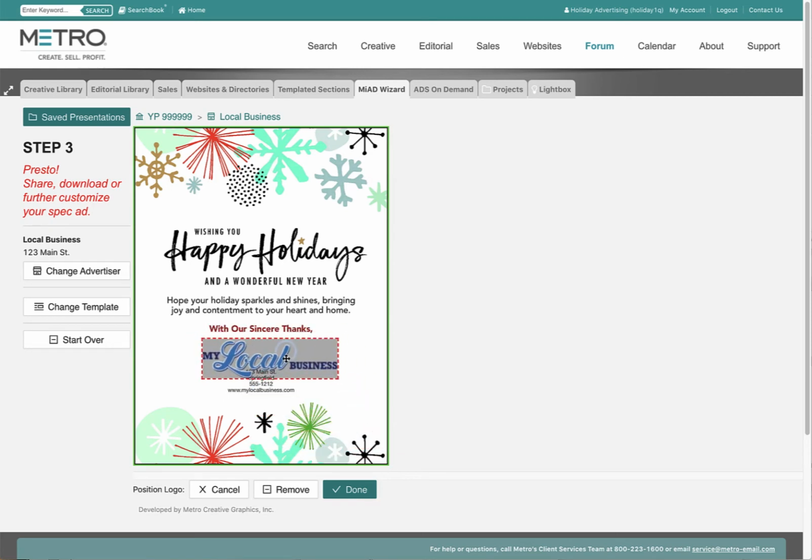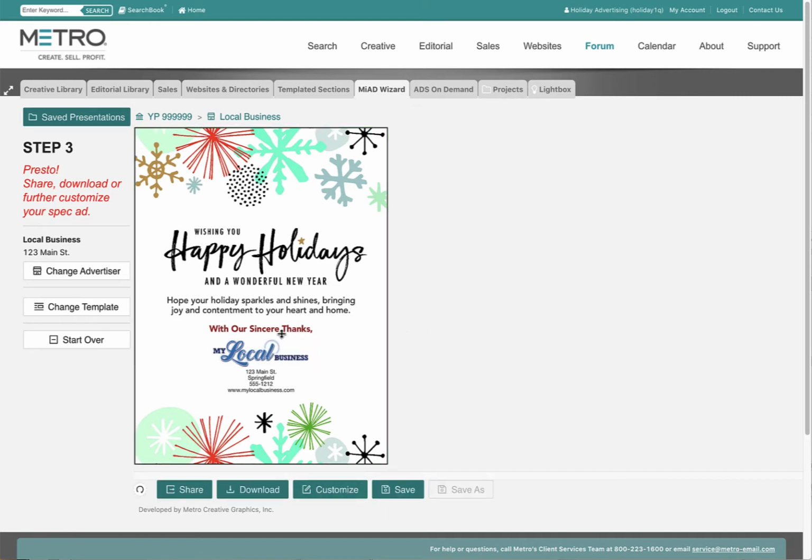And you can just drag it and drop it where you want it to go. Grab a corner to adjust the size and then hit Done. If you need to go back and tweak it, just click the logo again and you'll be right back into edit mode. So now I'm going to save the ad just in case you need to come back to it